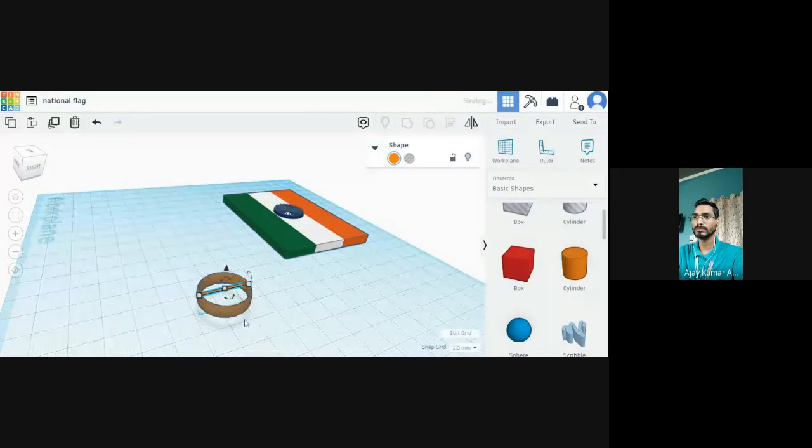Select Control D and angle, and we have to rotate it by 15 degrees. After typing 15 degrees, you must not click on the work plane.